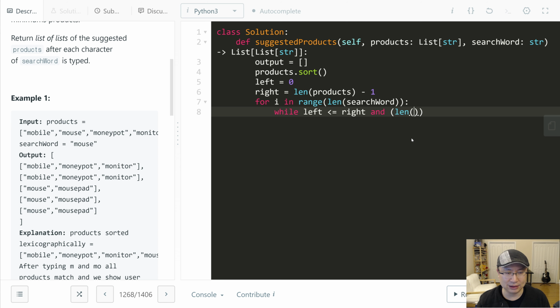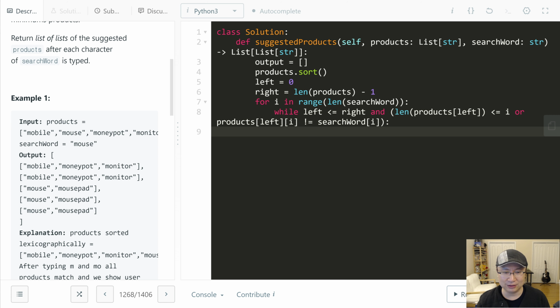Okay, length of products[left] is less than or equal to i, or products[left][i] is not the same as searchWord[i], then this is invalid,